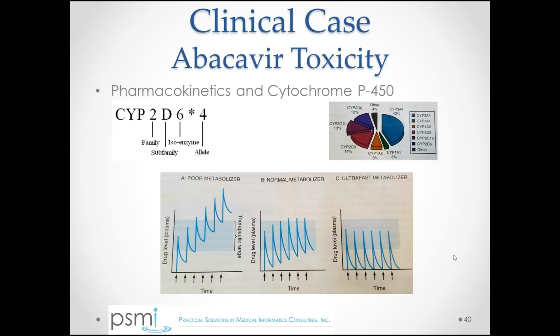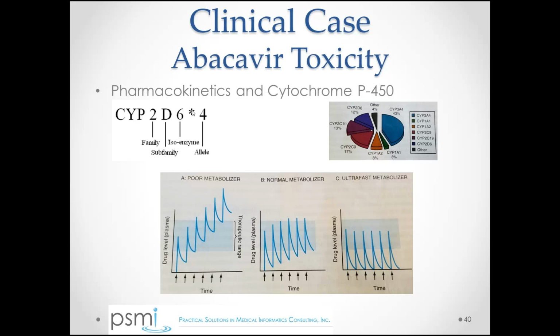Now, this can go one of two ways depending on whether the drug that's being administered is the drug or is a prodrug. So for instance, with codeine, codeine is weak, but codeine is converted to morphine, which is strong, and the conversion requires the